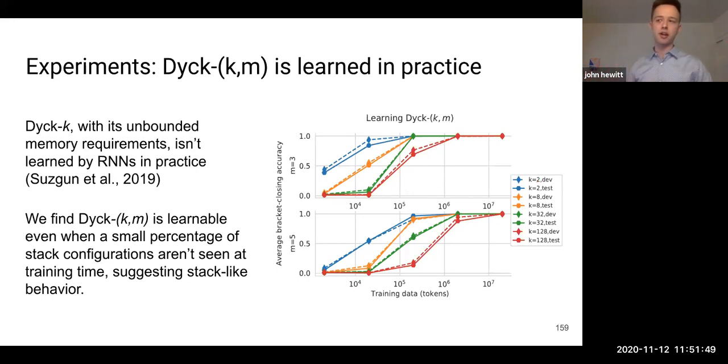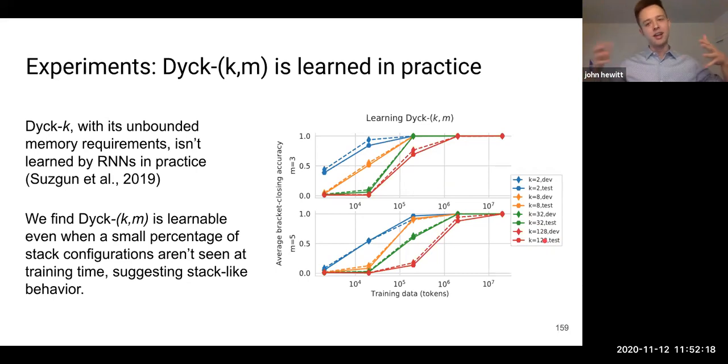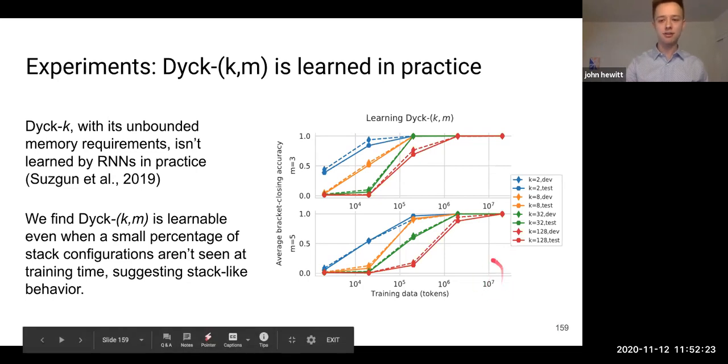So all you need to do is recognize which strings go into which states, and you can just simulate the finite automaton that you saw evidence for at training time. But at k equal to 128, you actually see a fraction of a percent of the possible stack states at training time. There's 128 to the 5 possible configurations of a stack, when each of the things can take on one of 128 elements, and you've got a maximum stack depth of 5. So even when you have 10 to the 7 tokens, you've seen a vanishingly small percent of the stack states